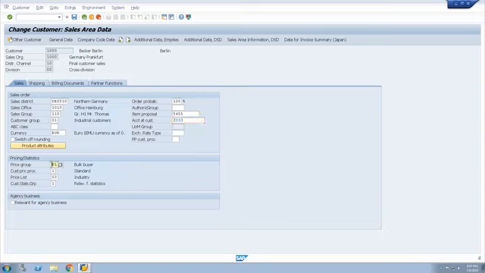Price group. Here we are grouping the customers based upon what base price they would be selling at. That means, let's say the product X cost is $100. For bulk buyers, it is $70. Medium buyers, it is $80. And low volume buyers, they need to pay $100, right? So we are grouping customers here, price group.